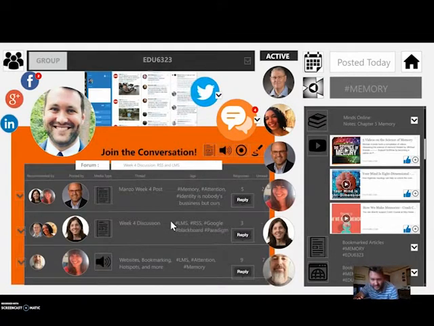And then here's where the tagging comes back in. If you typically encounter an audio or a video file online, a YouTube video, whatever the case may be, to know what the content is, you actually have to watch it. So if you are looking for a particular quote, or you're backtracking, you have to scroll around and try to find it. When you are listening to audio or watching a video posted here on the discussion board by one of your peers, you can tag it in real time, and then a timestamp gets added onto that tag. So if I clicked on LMS here, this would take me to the moment